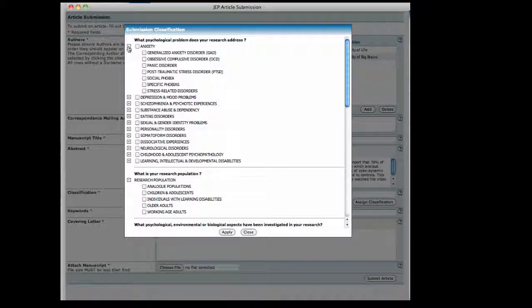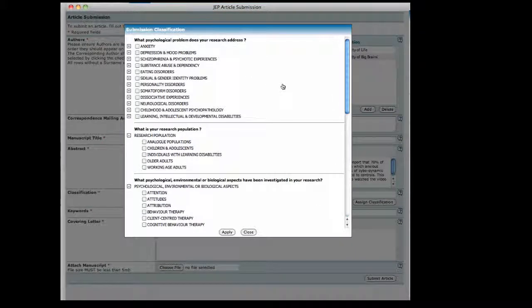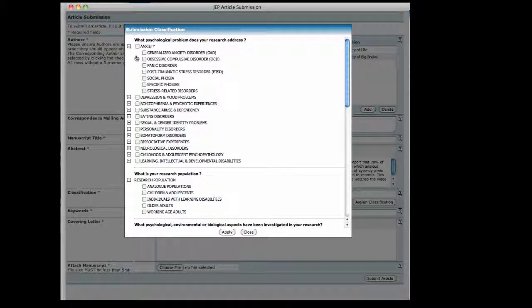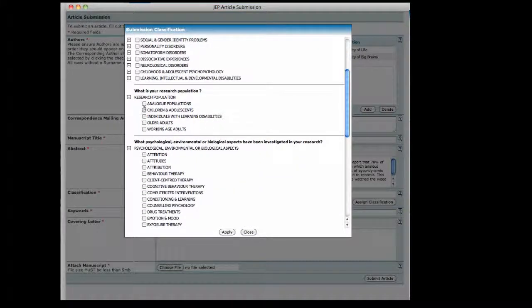You can see there's a whole list of, it's actually only 4 questions that you need to answer. The first is, broadly speaking, what psychological problems your research addresses. So in my case, it's going to be some kind of specific phobia, but obviously, you can click on as many or as few as these as you like. Whether your research population is non-clinical, or any other relevant information. So the study that I'm submitting was looking at the sample was academic, so that's an analogue population,